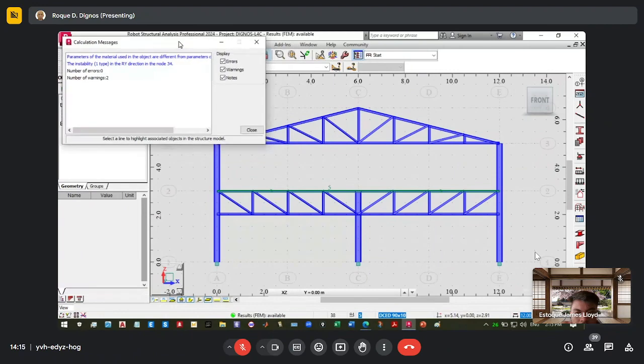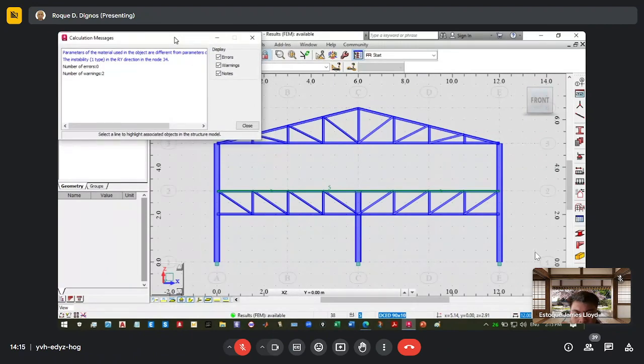In order for you to check if there are some warnings, by the way, warnings are not bad. They are a help, but errors are bad because for an error you have to do something and correct it. Warnings are not that big a deal, even though sometimes they will change the stiffness matrix.